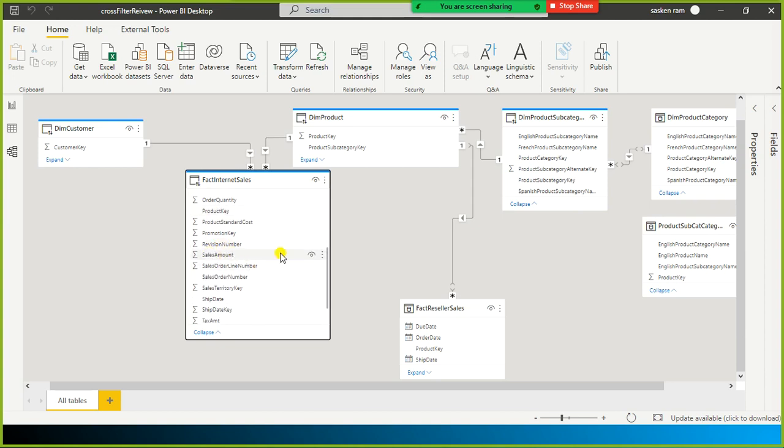Let's take, for example, a specific record where the value is 10,50,000. If I say 10,55,000, it doesn't make any sense.